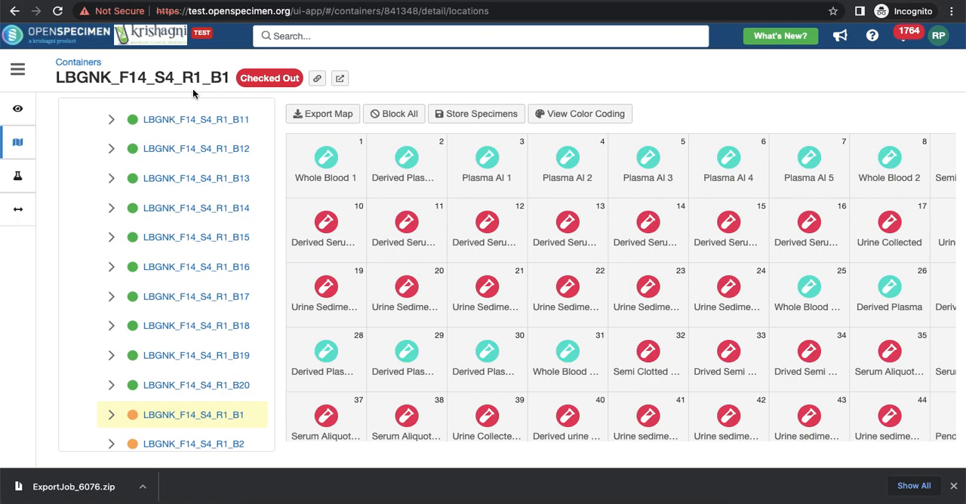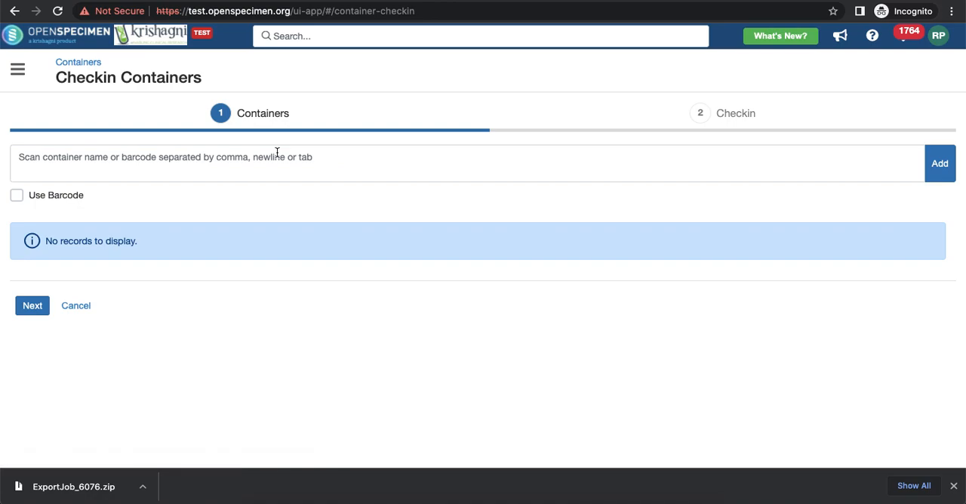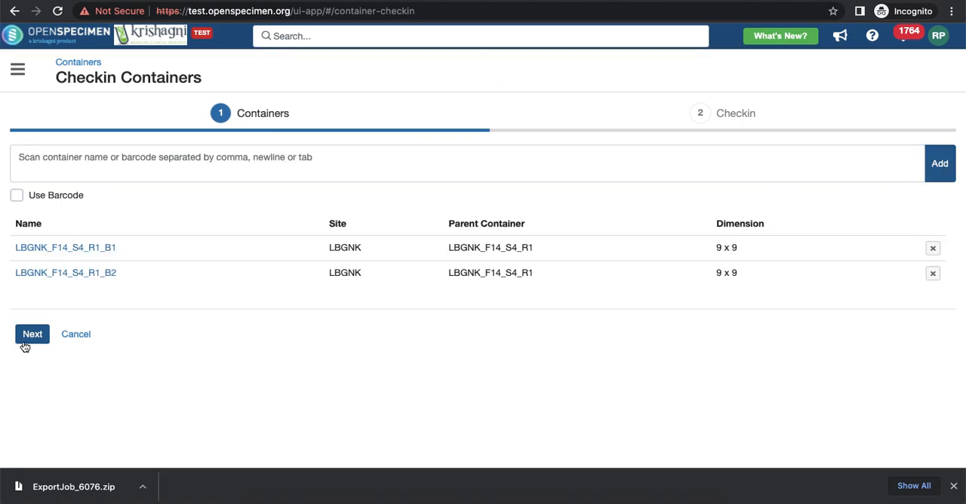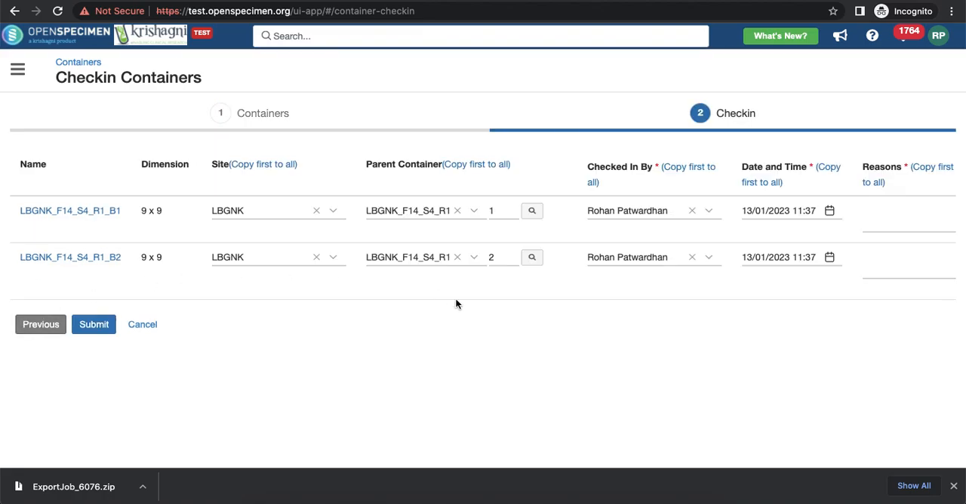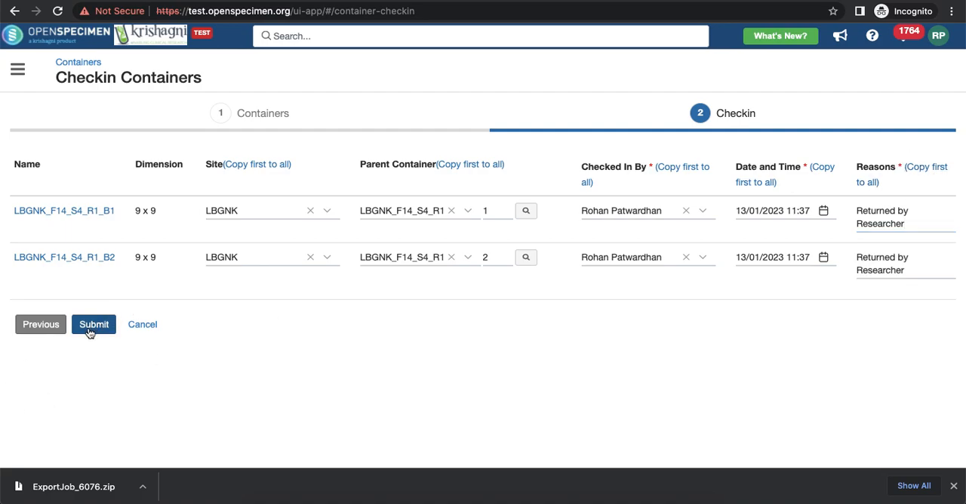Now let's see how to check in the boxes again. Similar to checkout, we have to come to containers list view page, click on actions, click on check-in, add comma separated values for both the boxes, click on add, click next. Now if you see the parent container, where the boxes were originally checked out and their positions, they are automatically populated over here. I can again add the reason. I can copy first to all, click on submit,